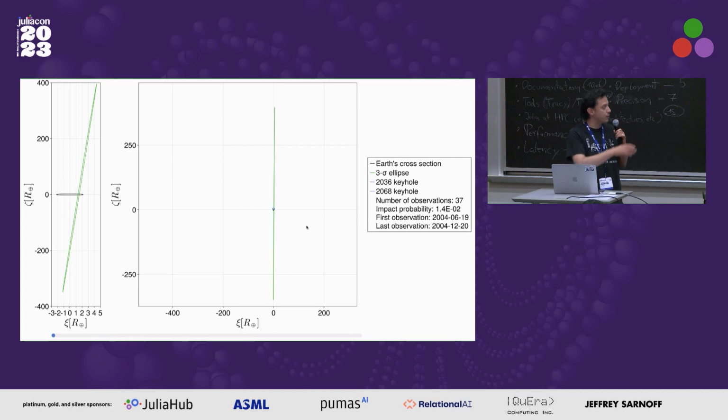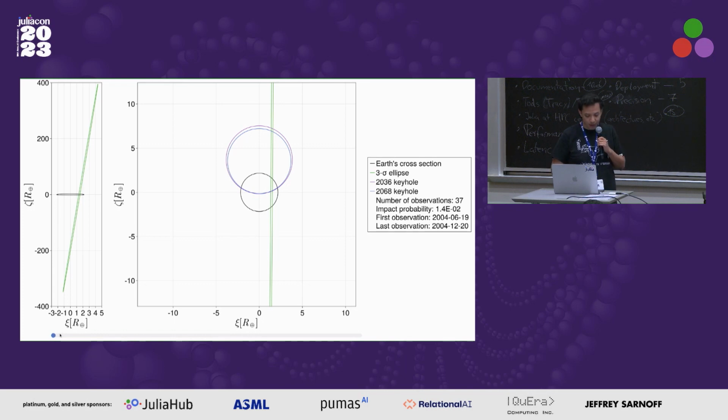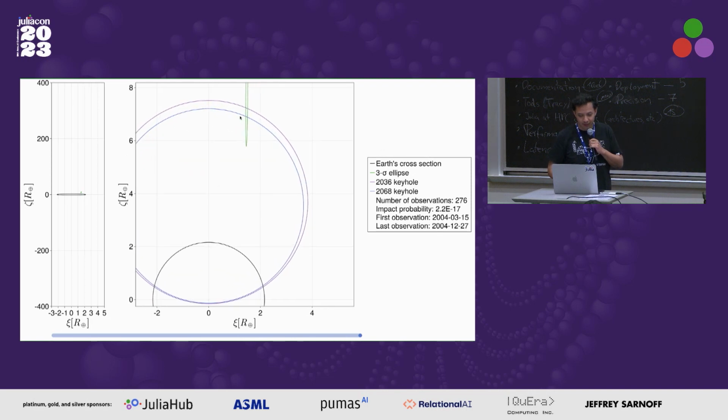So what we had in the beginning, in early December 2004, was just a huge uncertainty region, right? Which meant we couldn't say that an impact in 2029 was impossible. But as we got more and more observations, that's how we discarded an impact in 2029. But the problem is that even though we discarded the impact for 2029, there was still a possibility of impact in, for example, 2036 and 2068,